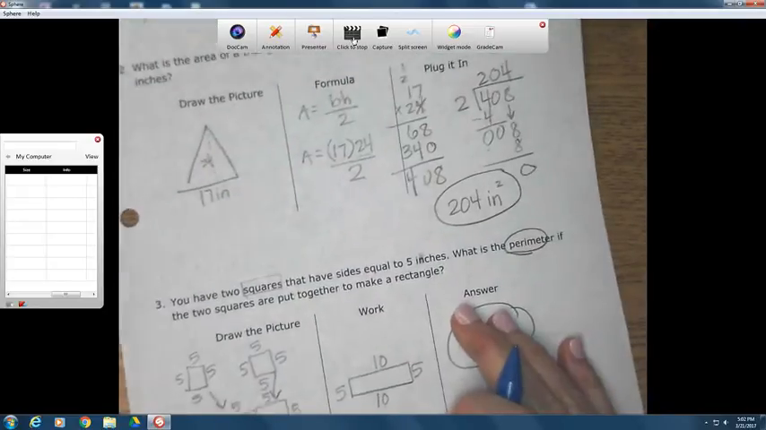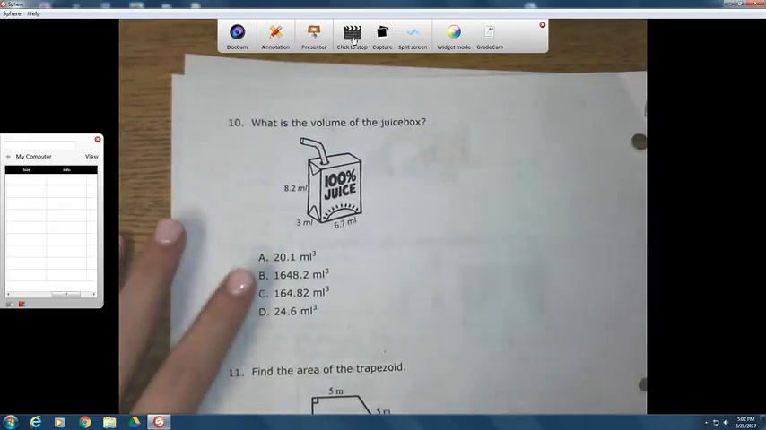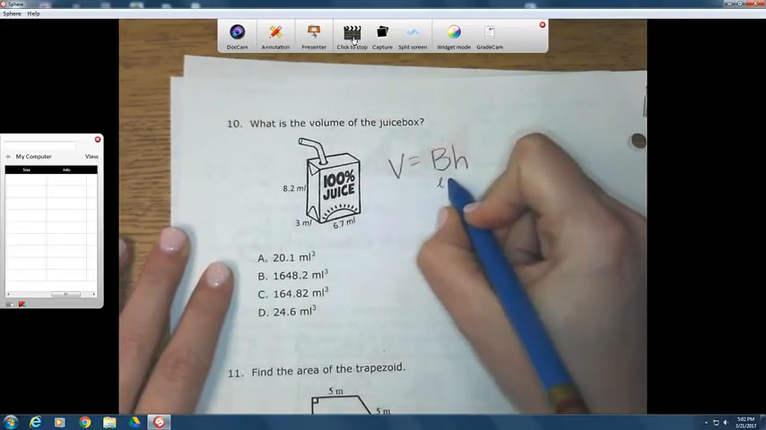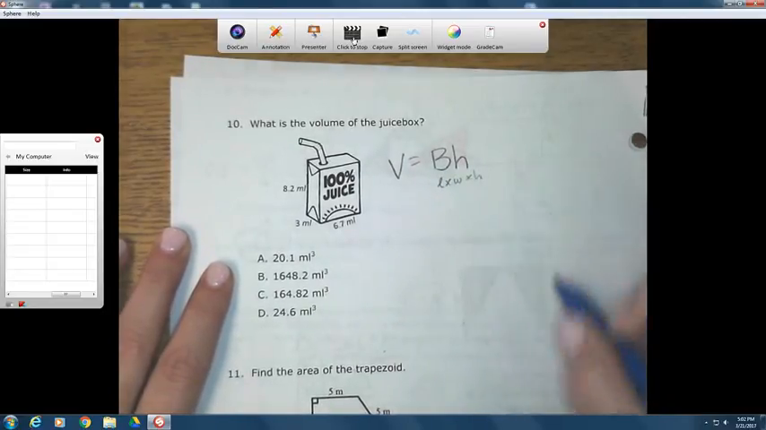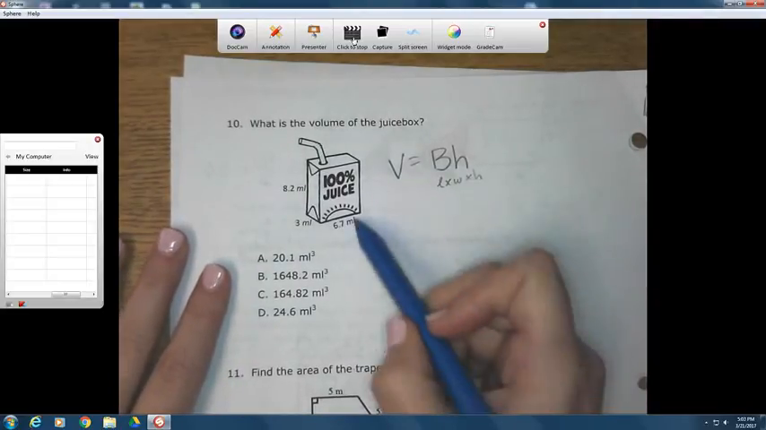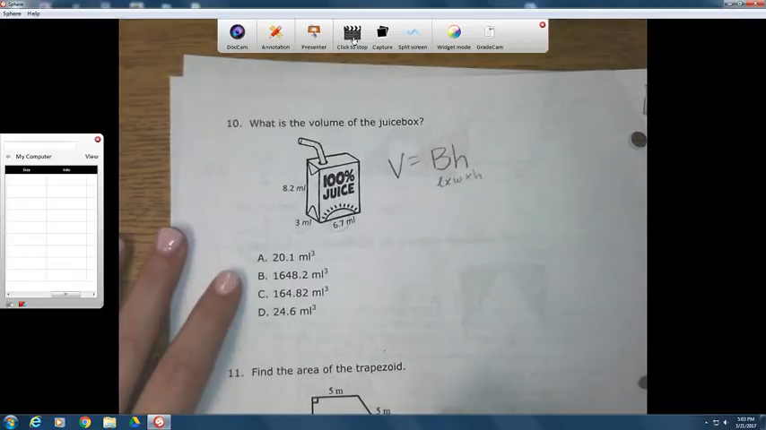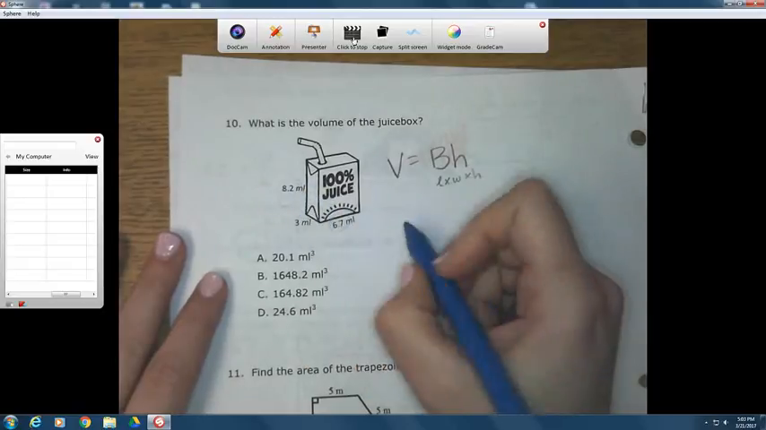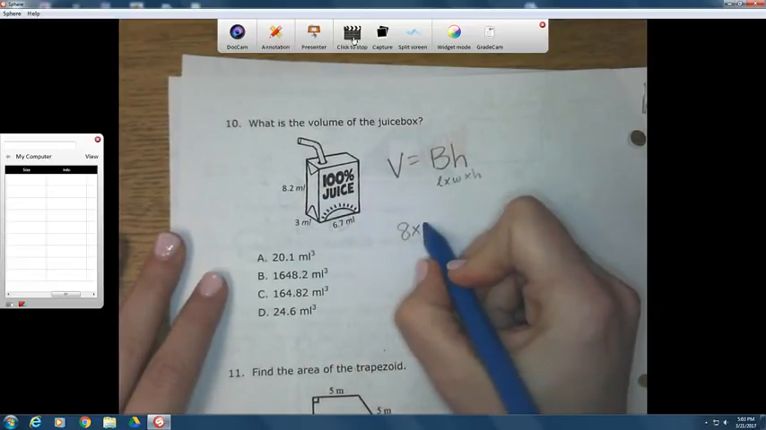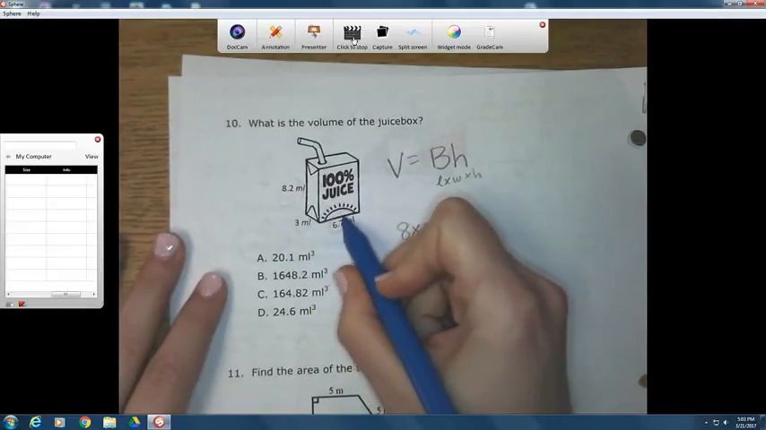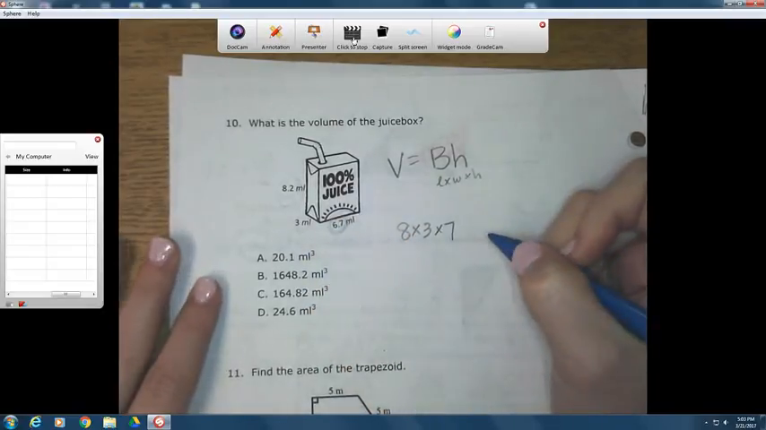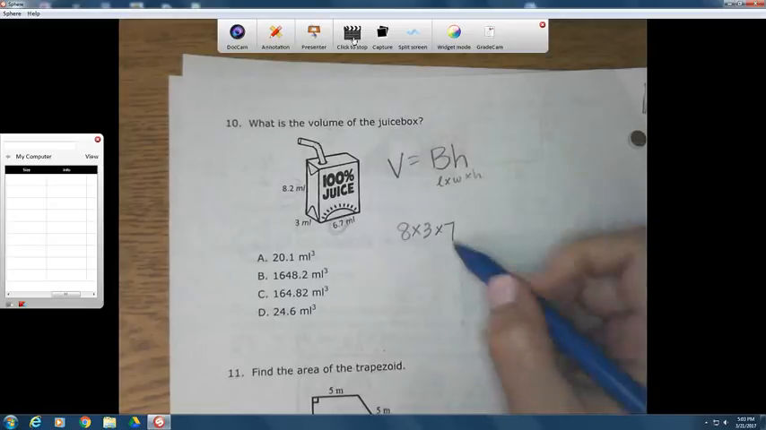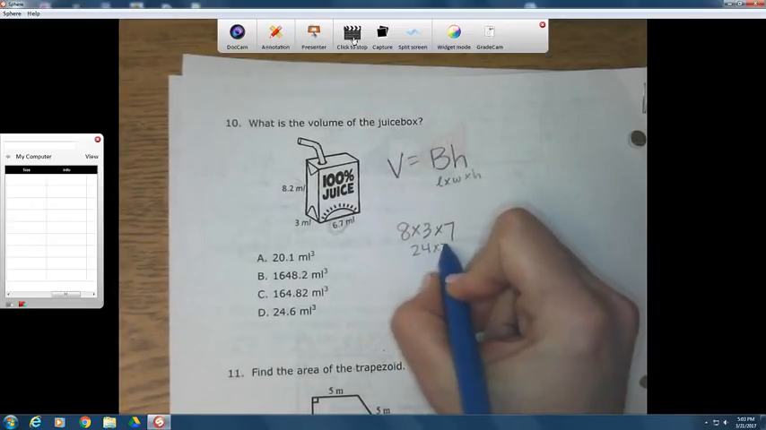Okay, last two. What is the volume? Volume equals area of the base times the height, which we can think of as length times width times the height. So this is simply multiplying these three numbers and knowing where that decimal point goes. If I wanted to, I could estimate. Let's say this is actually an 8 instead of 8.2 times 3. Let's say it's 7 times 7. We can get close. I rounded this up and I rounded this down, so we'll be really close. 8 times 3 is 24. 24 times 7